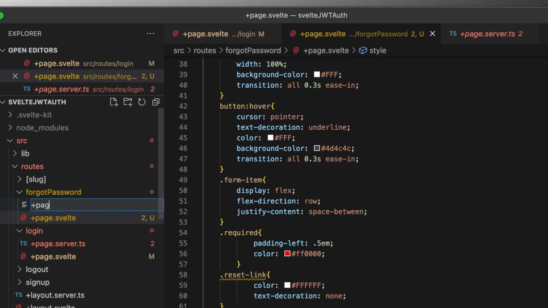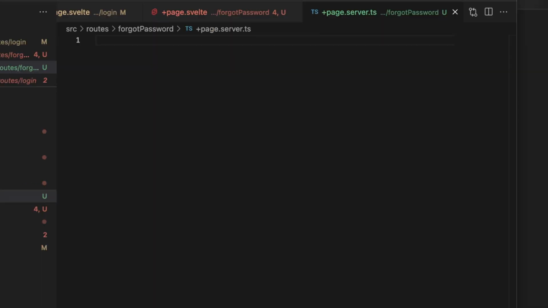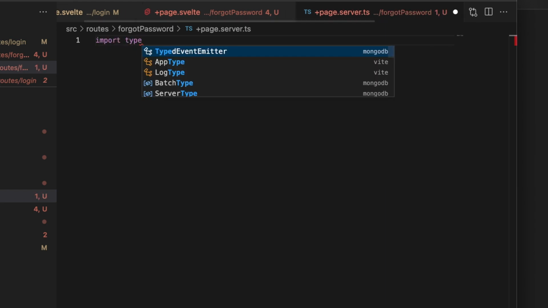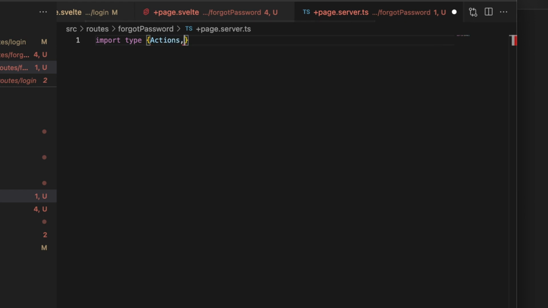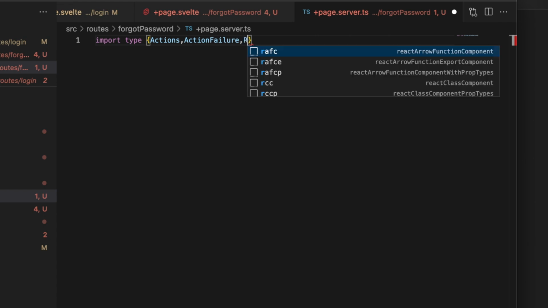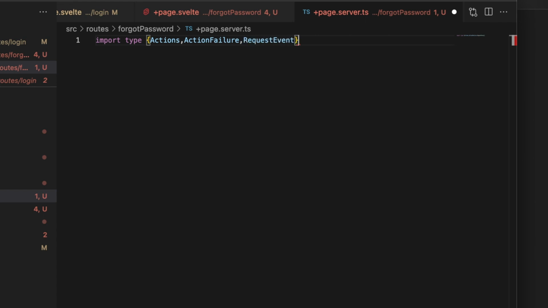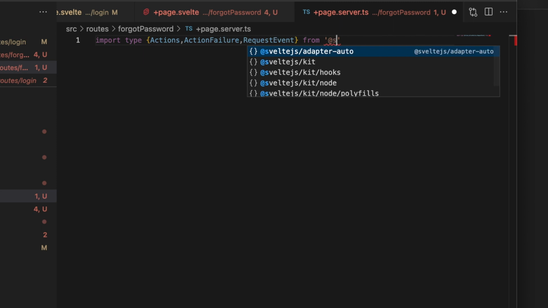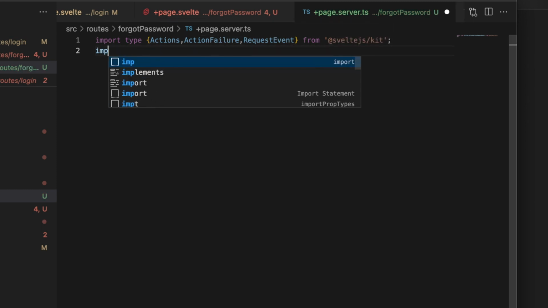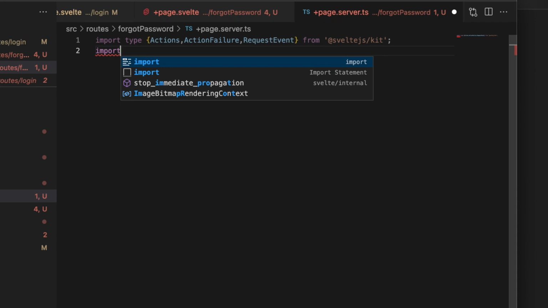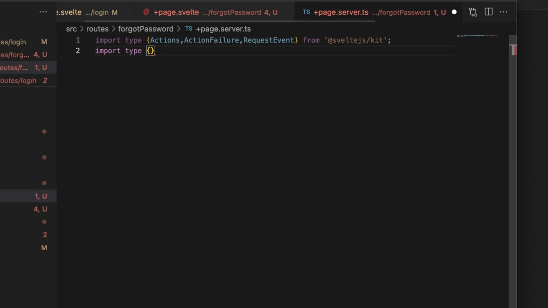All right, now we need to get right to the action, and that is going to be inside of a plus page.server.ts. Now, there's going to be quite a bit going on in this file, but the very first thing that we need to do is we need to do all of our imports. Let's go ahead and import our types first. We're going to need actions and action failure and request event from @sveltejs/kit. We're also going to need a forgot form response